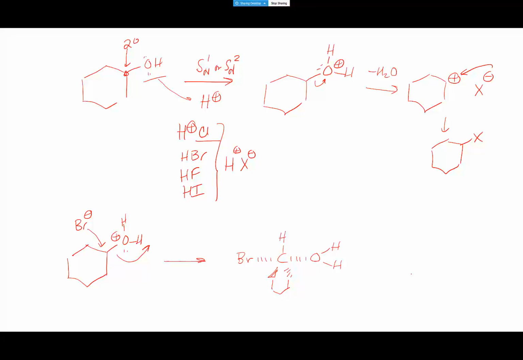So this is the ring. That's the six-membered ring. And so the Br minus is going to be delta minus, and the oxygen is going to be delta